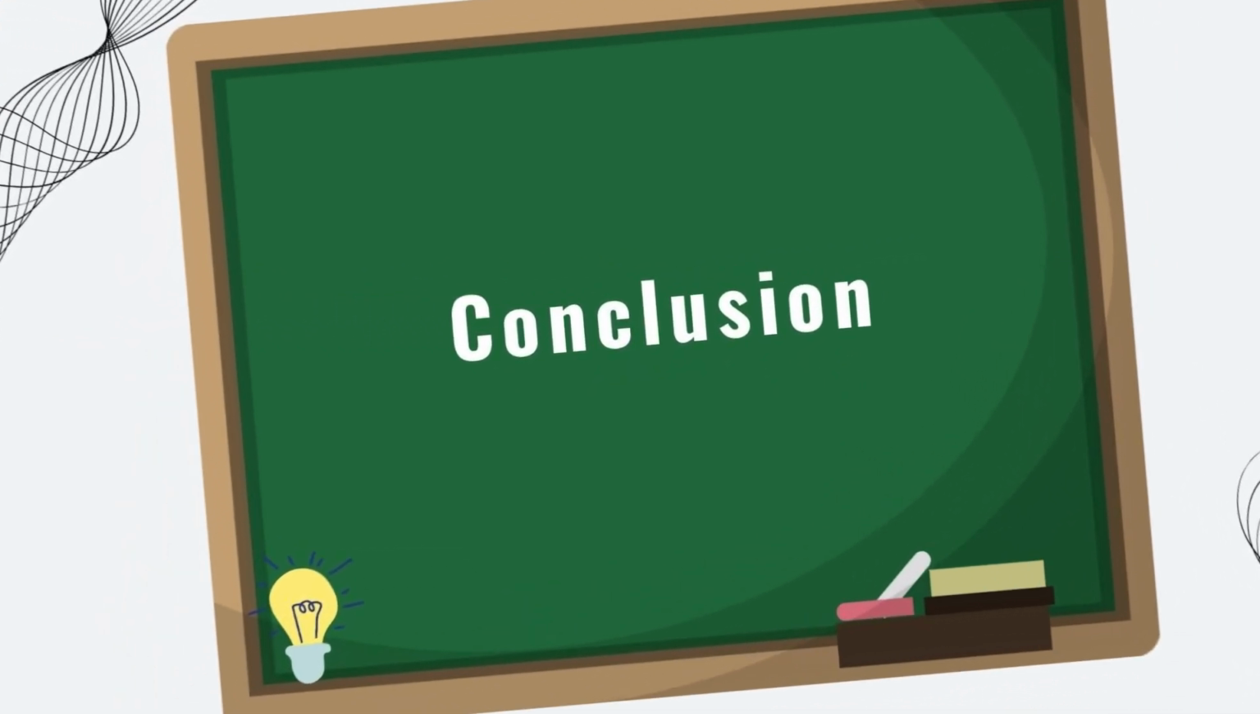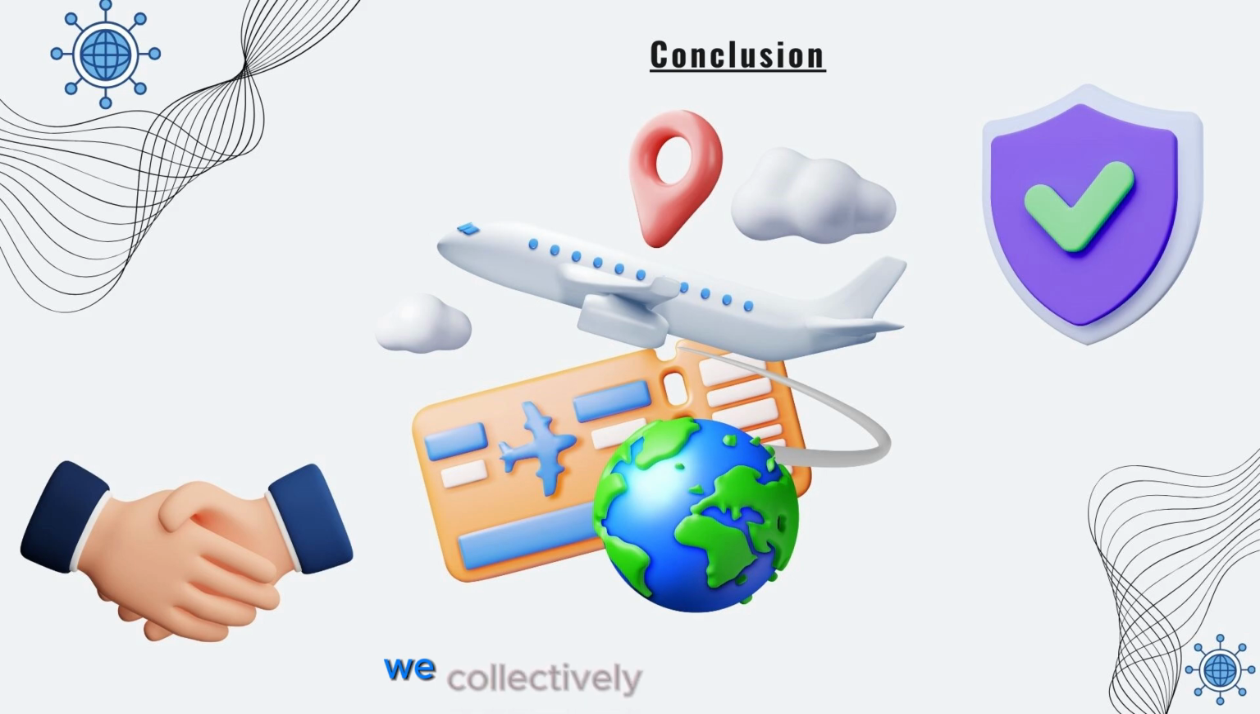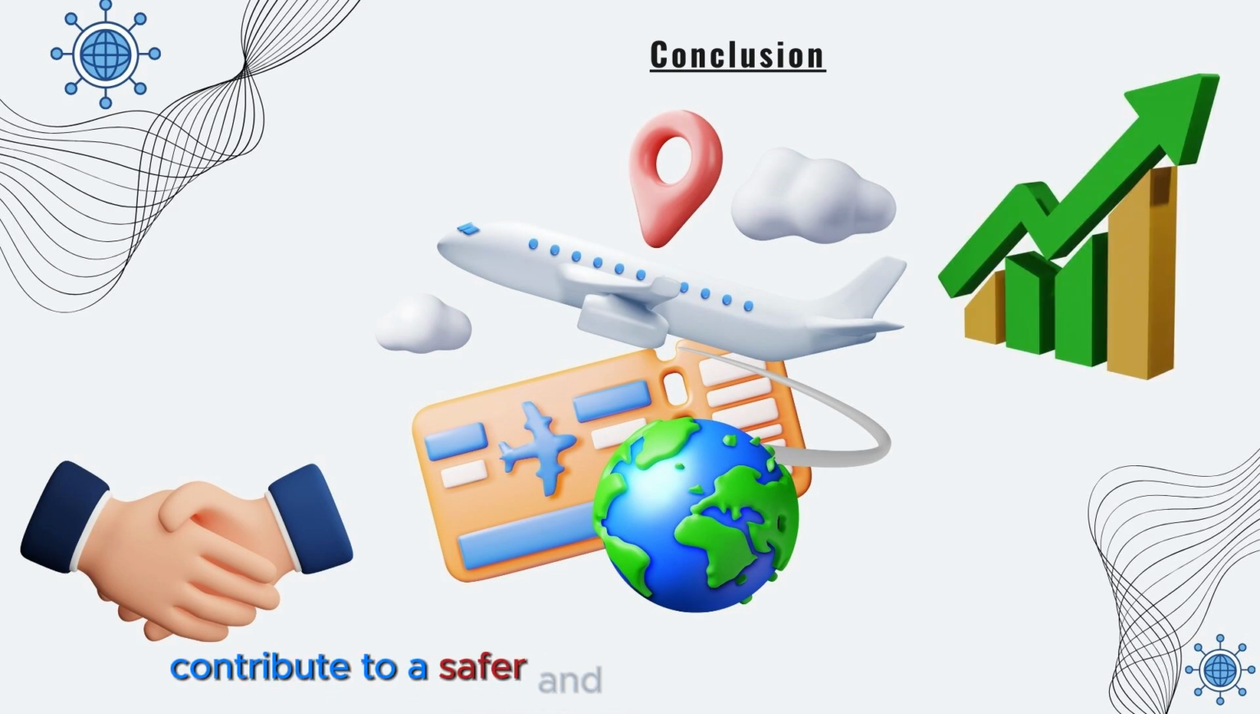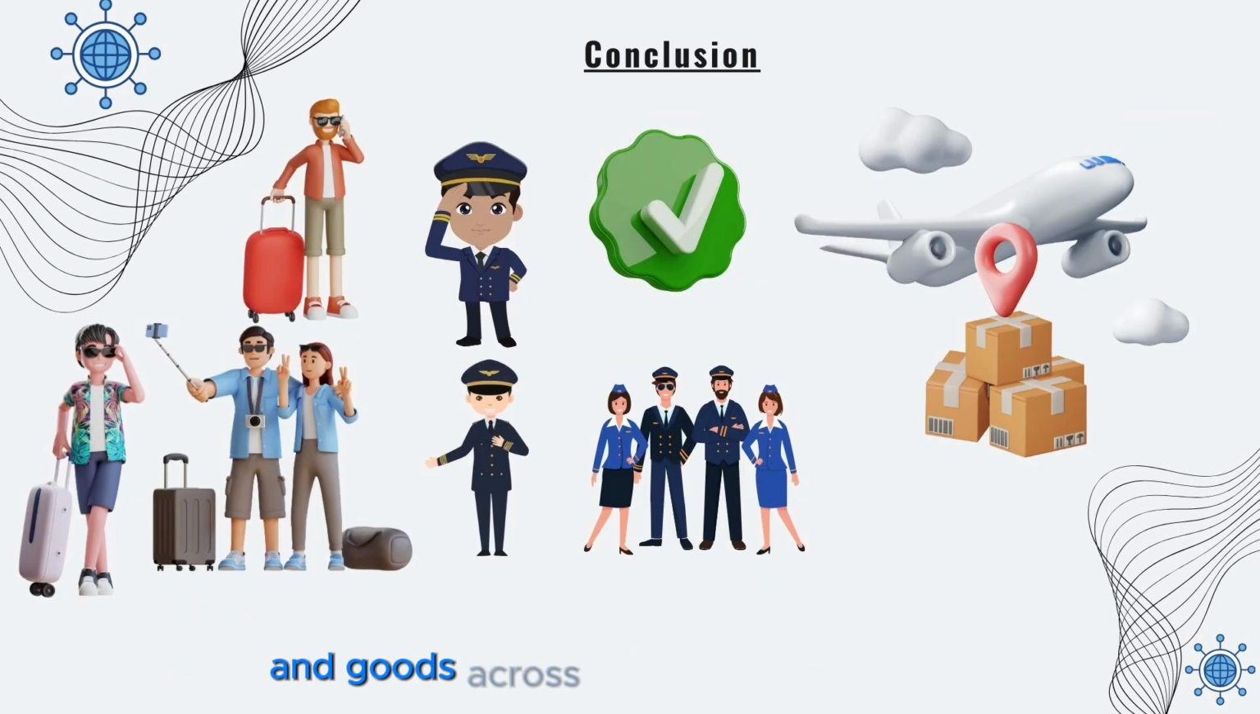Let's finish with the conclusion. By understanding and adhering to ICAO Annex 14, we collectively contribute to a safer and more efficient global air transport system. This comprehensive guide ensures the smooth flow of passengers and goods across the world,